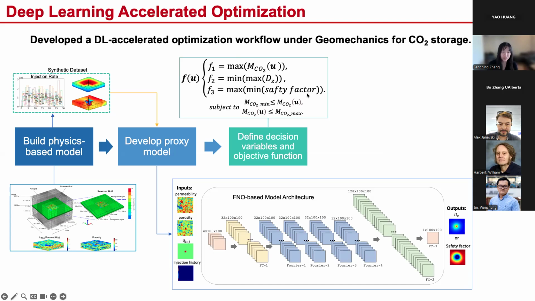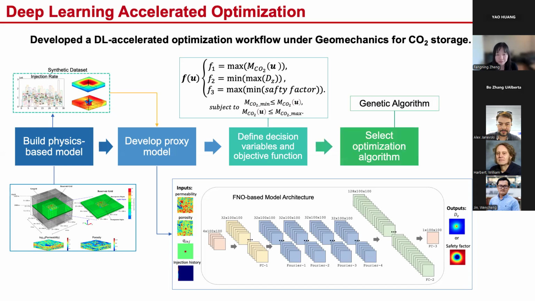Safety factor is just like the other side of the plastic strain. It measures how close the current stress state is to the failure point. So if the safety factor is a very small number, it means that it's closer to the failure point. And when the safety factor becomes 0, the rock will encounter rock failure with permanent deformation. That's why we want to maximize the safety factor to make sure it's retained at a large value to avoid